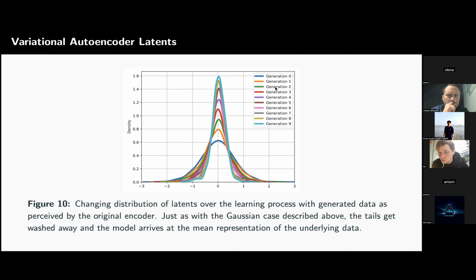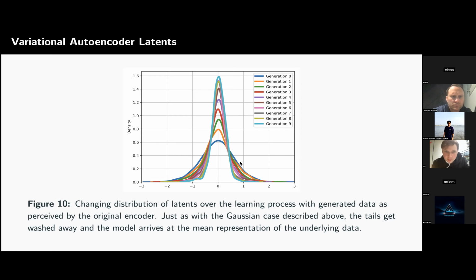So generation 2, in this particular case, is data that is generated by a model that was trained on generation 1. And importantly, what we observe here is that if our original latents are distributed relatively normally, so this is what you would expect to see out of a well-trained variational autoencoder, then over time, the data